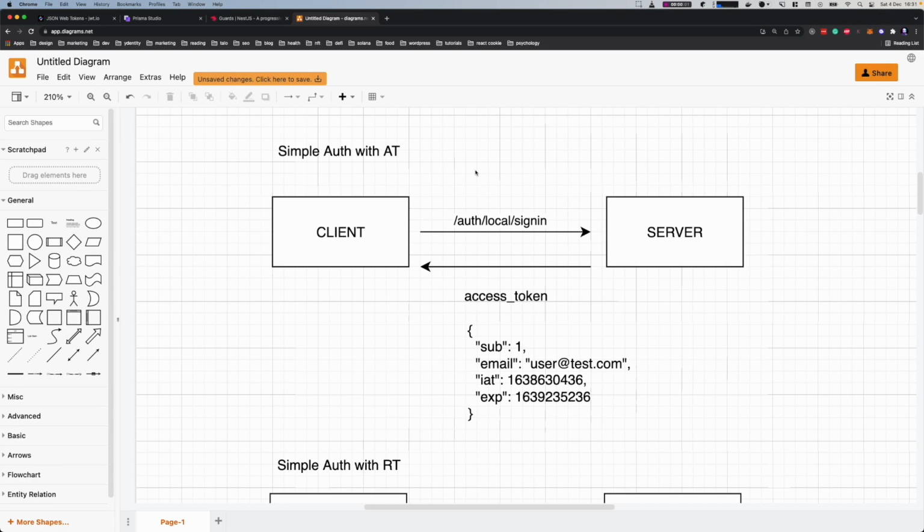Hello everyone, I am back with a new, very long video about authentication, JWT authentication in NestJS. I really want to make a very in-depth video about that subject because I noticed that there's a lot of stuff online, but nothing really explains it clearly and nothing really gives you all the right tools to